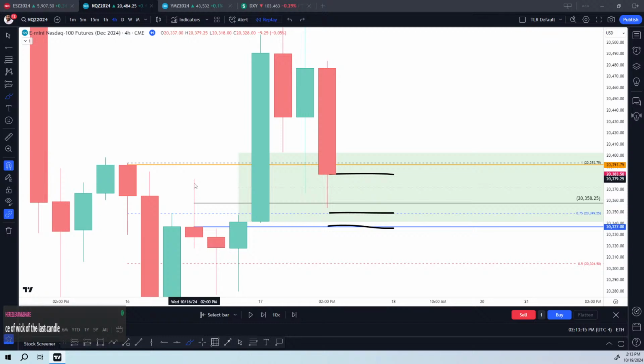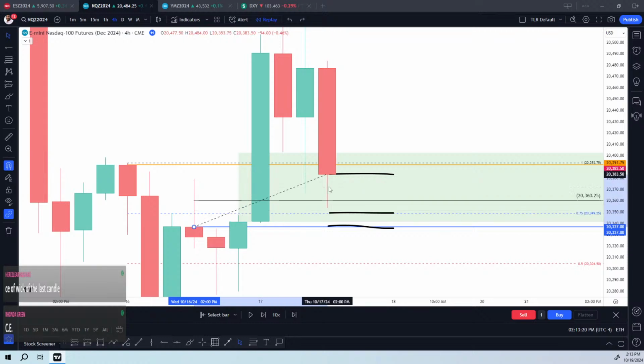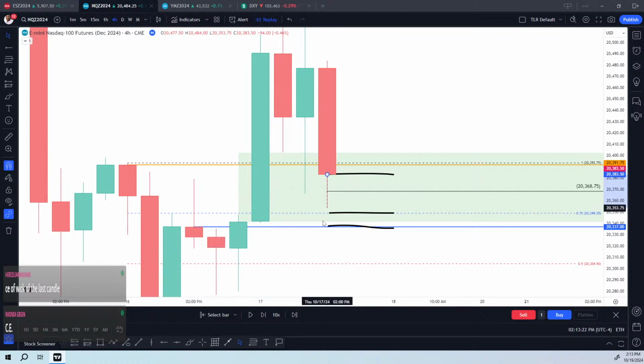There you go, right there. That wick right there. What's on this wick right here? We got consequent encroachment and we got a low right there. This is a discount PD array. We want to see the bodies of the candles respect this right here. At this point, these people still aren't picked up yet. These people are still waiting to get picked up. At this point, somebody's in,